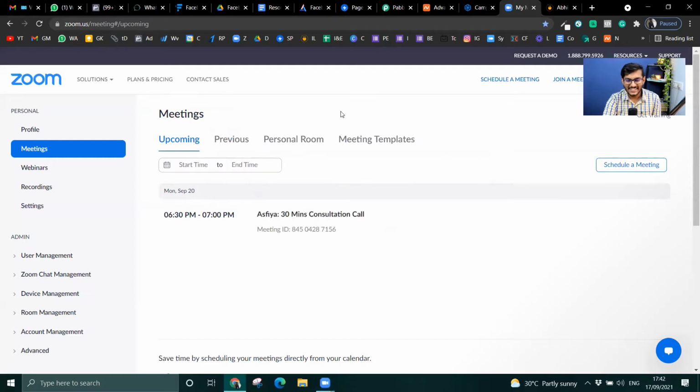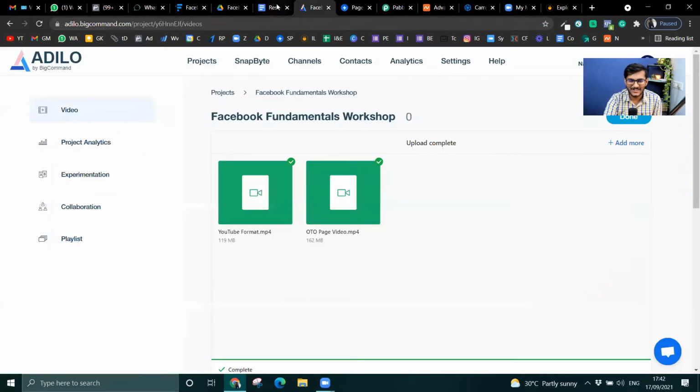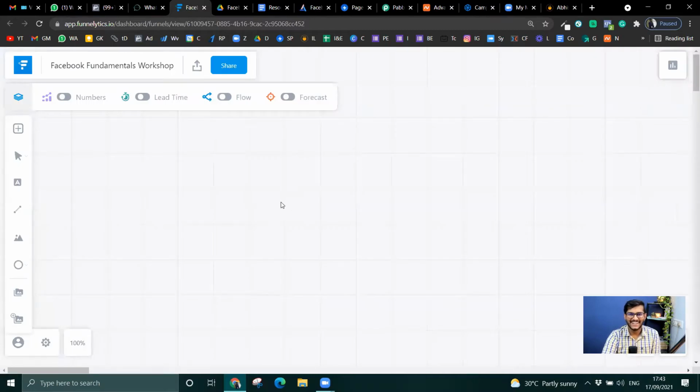So I'm excited for it. Let's see how it goes. So yes, let's get started. Let me share my screen first. I'm nervous, excited, and a lot more things. I don't know how to tell you guys how I'm feeling, because this is the first time I am building something of this sort, where I'm building the funnel on a video. I used to build and then share stuff, but not really the entire thing in one place. Let's see how it goes.